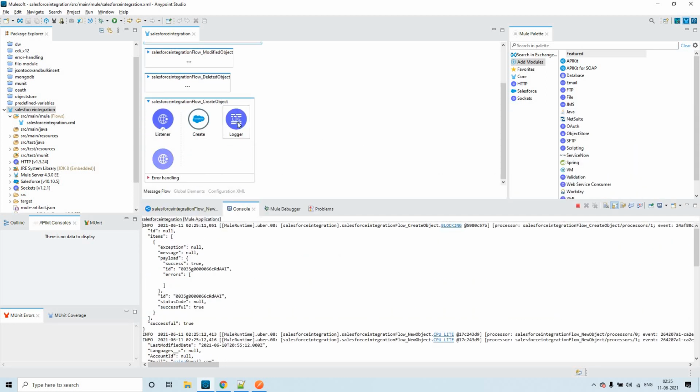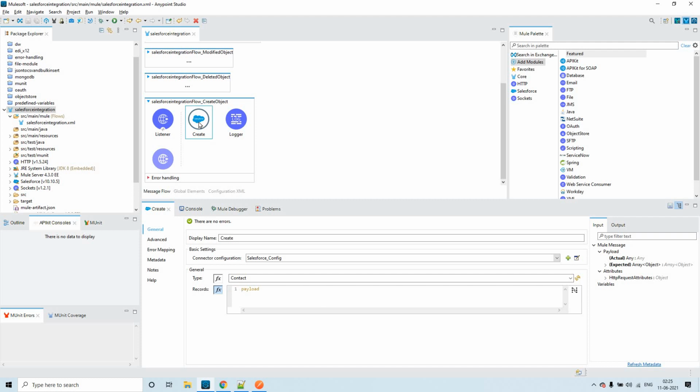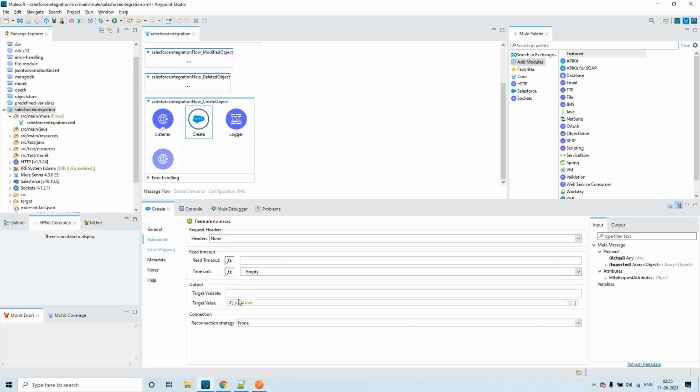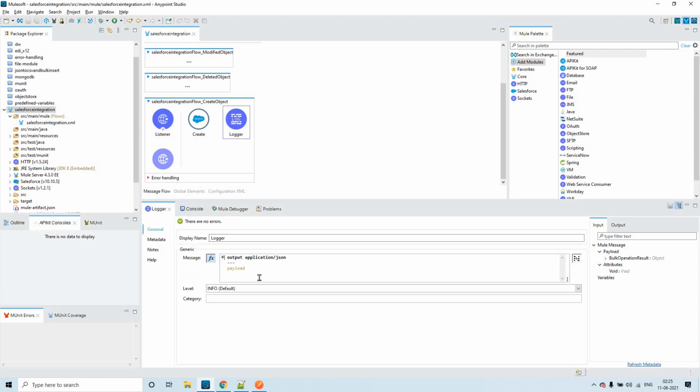But you see here, we could see something like this. This is nothing but the Salesforce create response. Out of this create operation in the advanced mode, you could see the target value as payload, and we are not capturing it into any variables. So the payload we get out of this create operation is the response of that create operation.